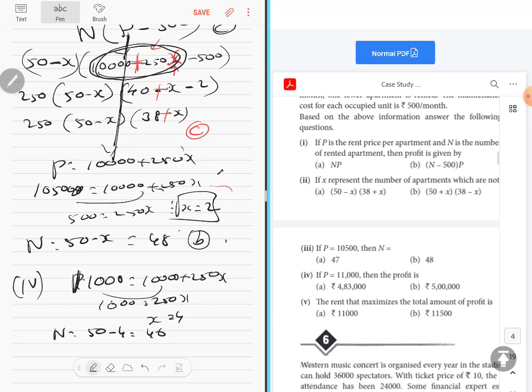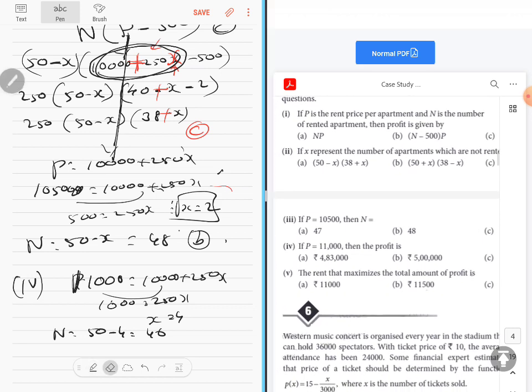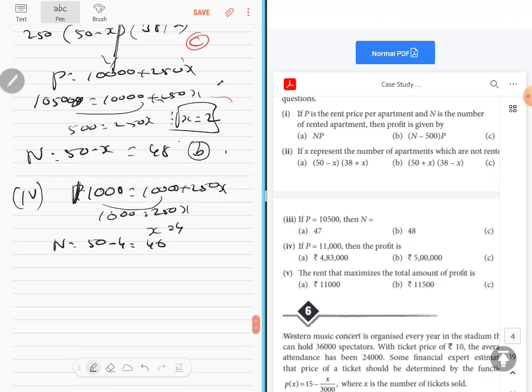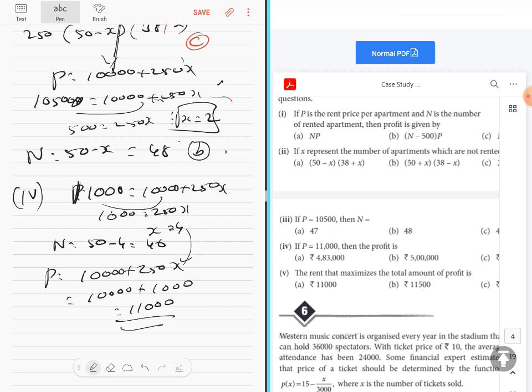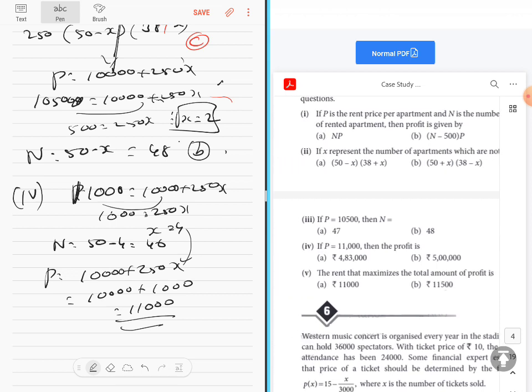No, they are not. They are asking for profit. So you know that 46 is the n, and the rent is 10,000 plus 250x. You know x is 4. So 10,000 plus 1,000, substituting x as 4 here, we get 11,000. The rent P is equal to 11,000. What is the profit? P is equal to 11,000. We got x is equal to 4. When you substitute x is equal to 4